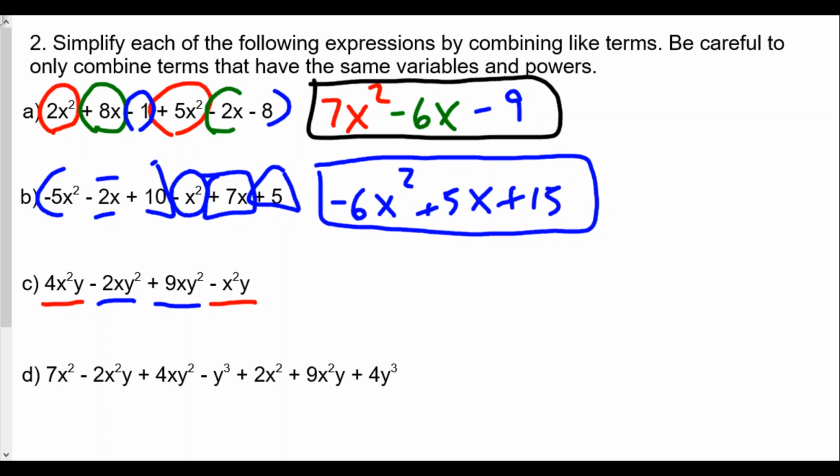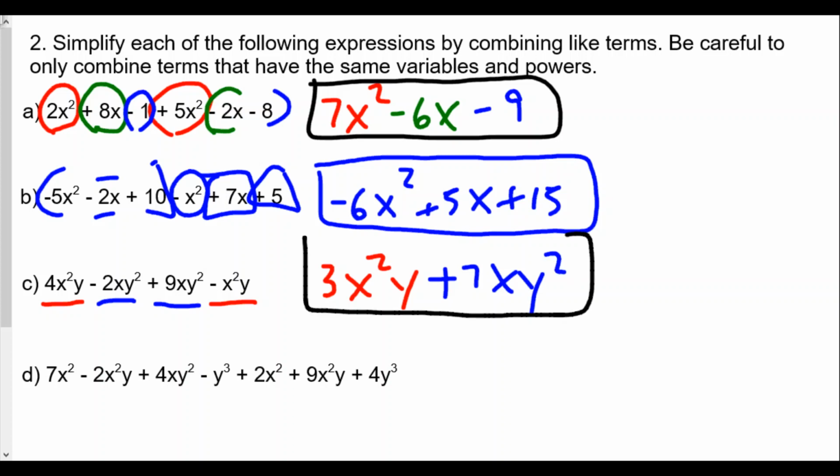Now you're saying, where's the 1? Well, when we subtract minus x squared y, it's really minus 1. So we would have 3x squared y, and then negative 2xy squared plus 9xy squared would be plus 7xy squared. Okay, and then finally,